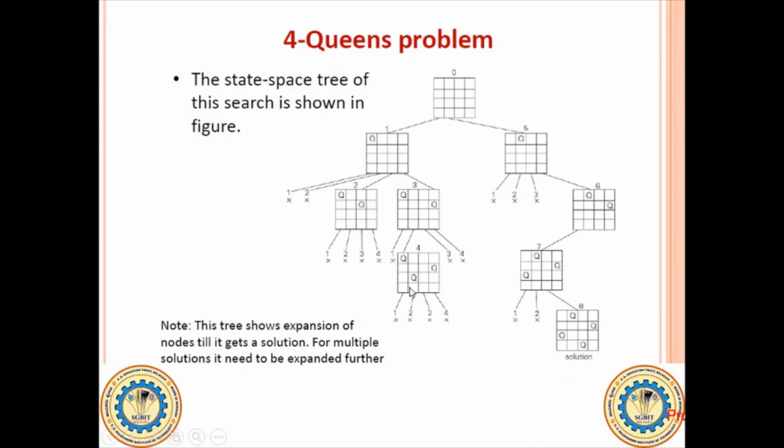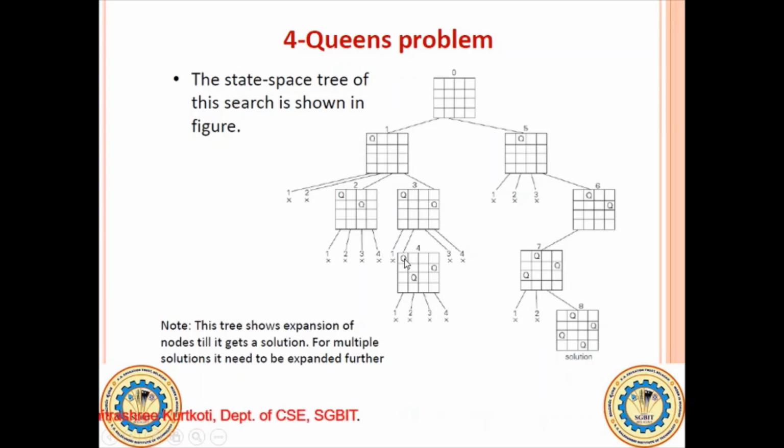Next, what we have to do is, can we replace the place of this queen? This is also not possible, because when you replace the place of queen 3, this will become diagonal for queen 2, and if you come here and replace this, this will become the same column for queen 2. Hence we cannot make any changes with respect to the place of queen 3, and we go to queen 2. Can we make any changes with respect to the place of queen 2? No, there are no slots available for queen 2.